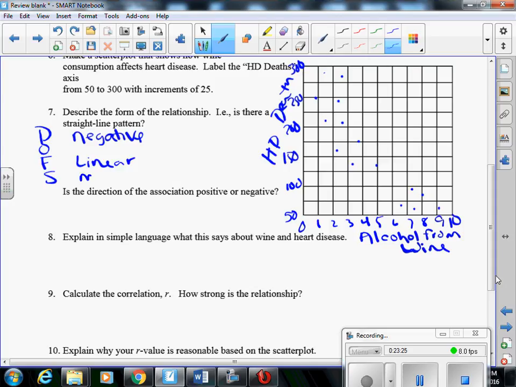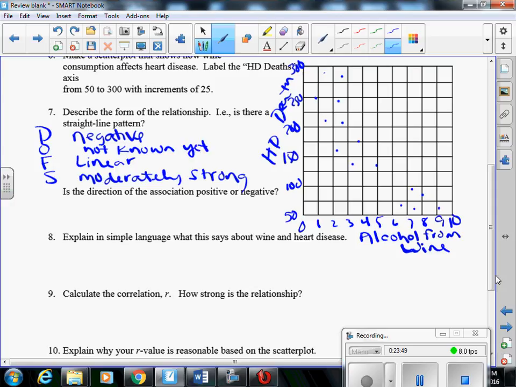And I would say it looks moderately strong. It looks pretty strong to me. So we're going to say moderately strong. Okay? And then outliers. Does there appear to be outliers? Honestly, it doesn't really seem to be outliers, but we don't know that yet. So not known